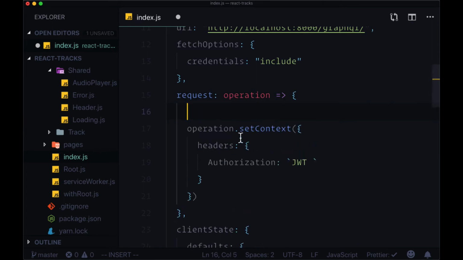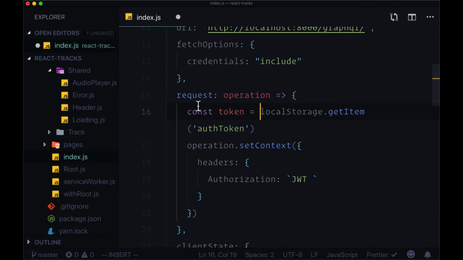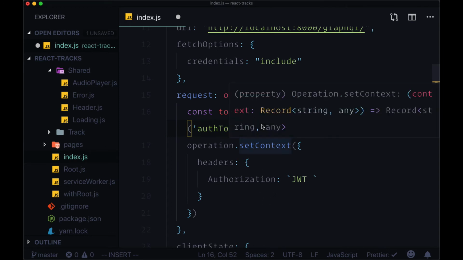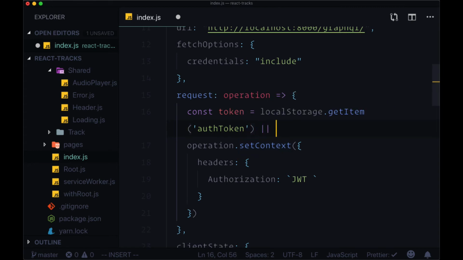So to get our token above where we're executing setContext, we can once again say localStorage.getItem, and we're going to get the item with the key auth token, and we want to put this in a variable called token. Now of course, if a user doesn't have an auth token in their local storage, then this is going to return undefined. It's not going to be able to find it. So instead of putting undefined on the token and putting that on our authorization header, we can just add an OR conditional where if the beginning of the condition evaluates to false, then we're just going to put in an empty string. And then we can use